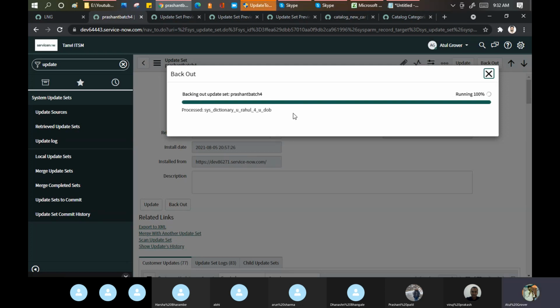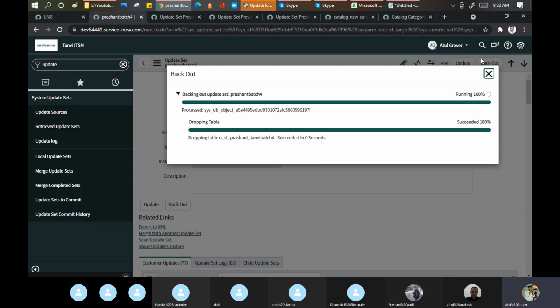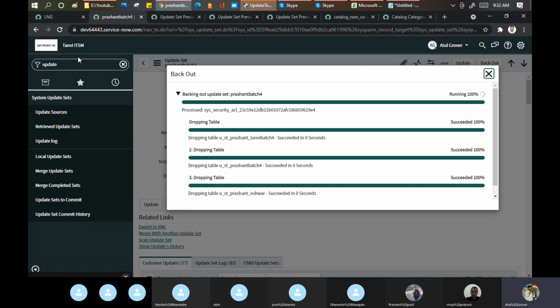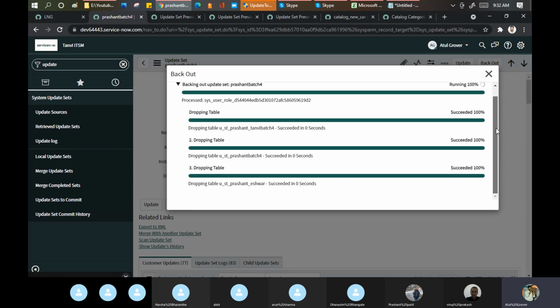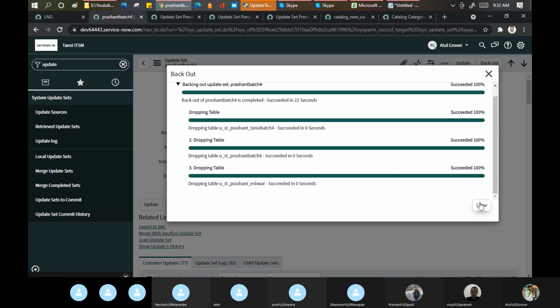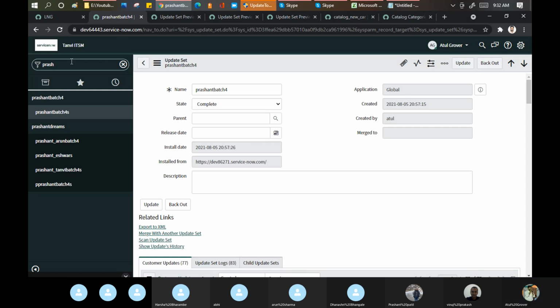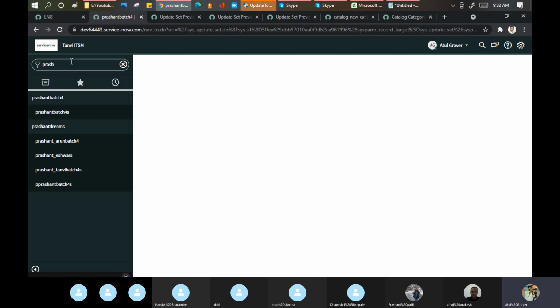See, okay, dropping table. This table we saw here has been dropped. See all the records, they are being dropped here. Close. Now go here. Let me search like this.